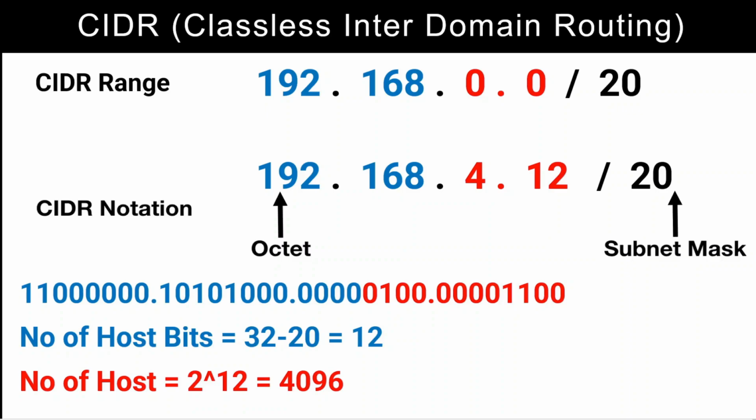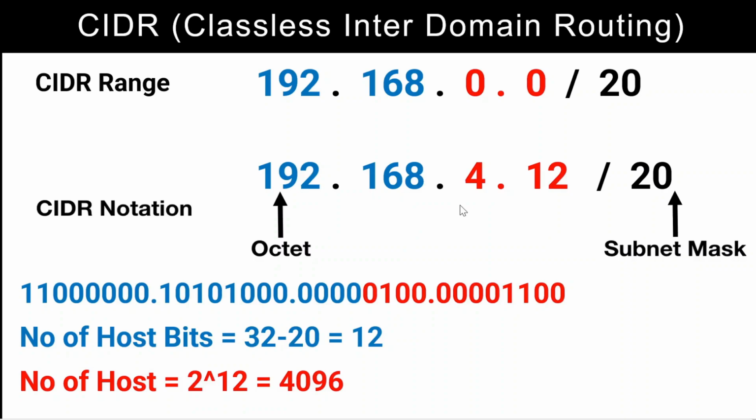In case of CIDR notation, we specify the IP address range in terms of starting IP address and the number of network bits in your IP address range as shown over here. Here, this suffix after the slash represents the subnet mask, which determines the number of bits in the network. If we use this CIDR notation based addressing scheme, then we are not bound to use a fixed number of bits to represent the network like in case of class based IP addressing scheme. In such CIDR convention, we can use any number of bits to represent the network. Let me explain how to represent an IP address in this CIDR range with the help of an example.